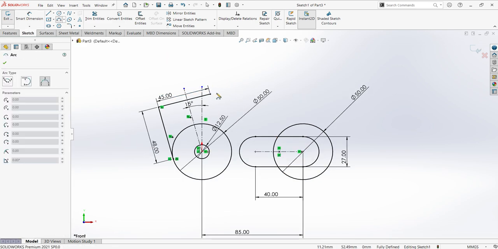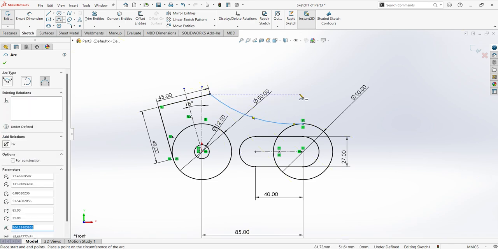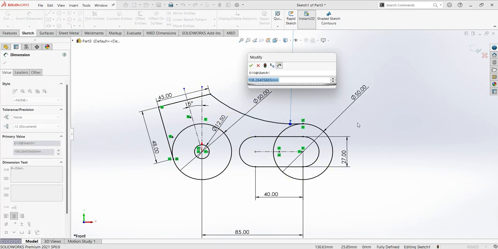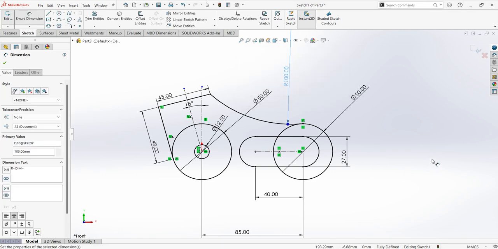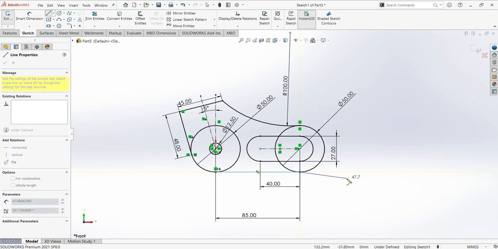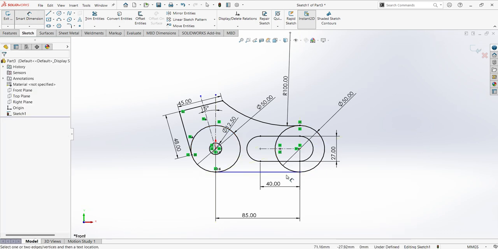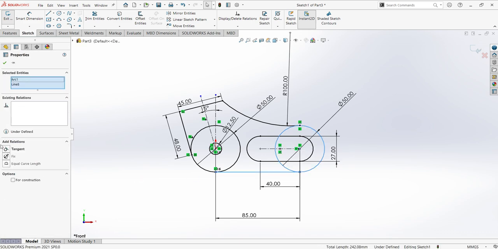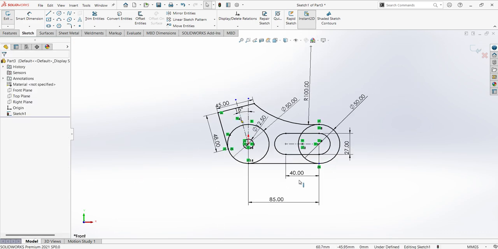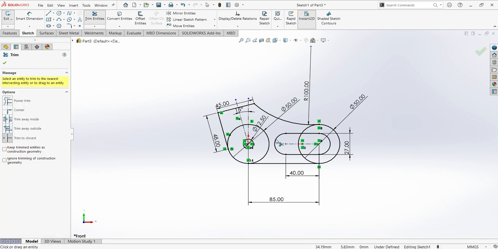Select your 3-point arc, give the dimensions 100 mm. Join by line here, give the tangent constraint, trim the lines,